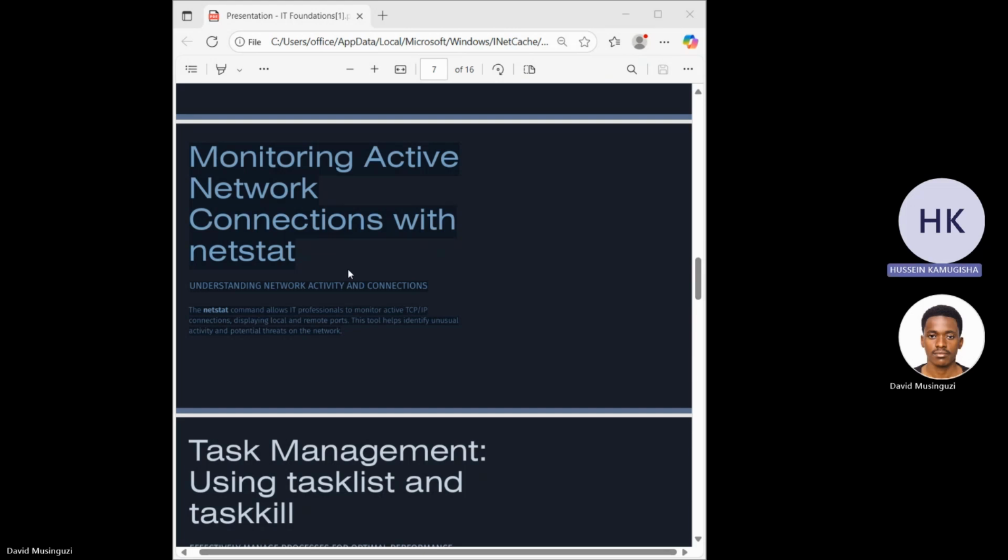It's here on the screen. It shows IT professionals how to monitor the TCP/IP connections, displaying local and remote ports.